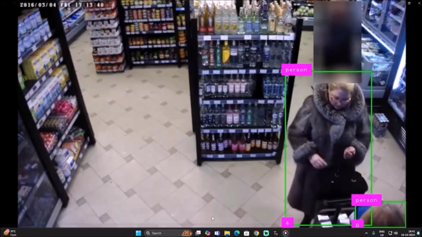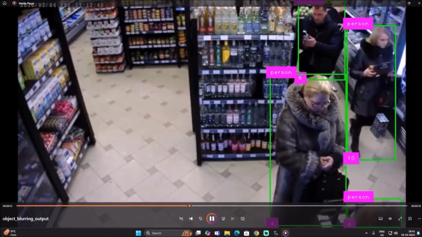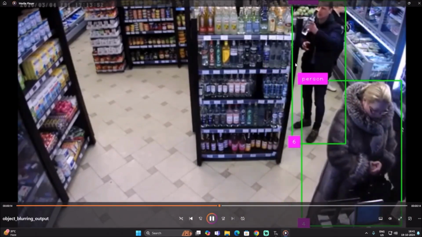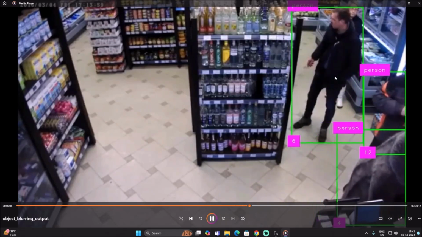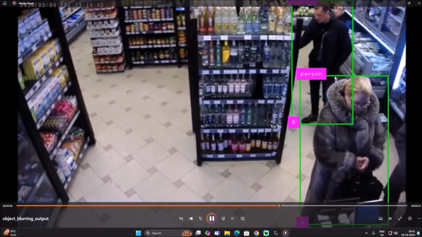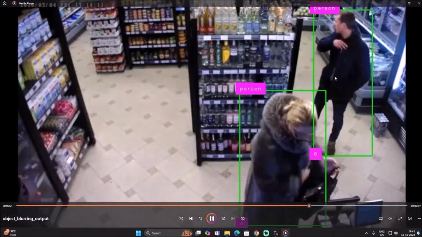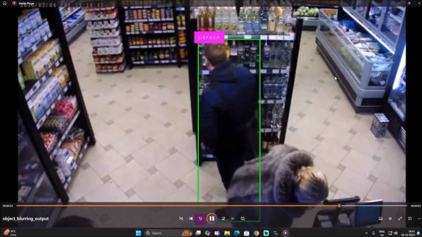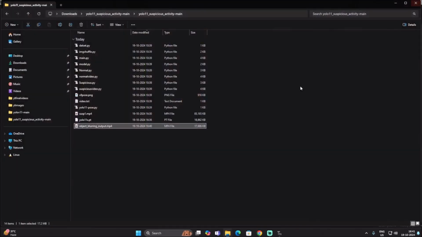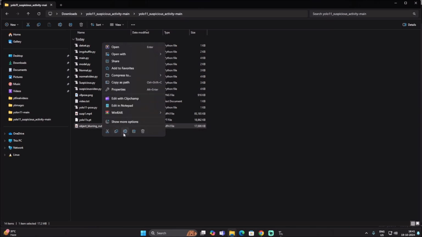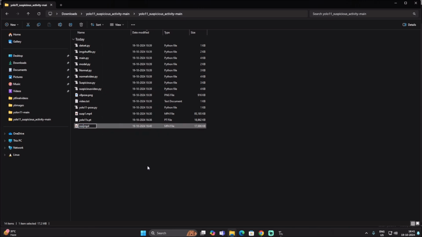And when the suspicious behavior is over, we press the N button and again there is no blur, and again we have normal movement. So in this video file we now have only normal behavior. That's it. Now I will simply rename this video file as normal, and now we will create the suspicious behavior